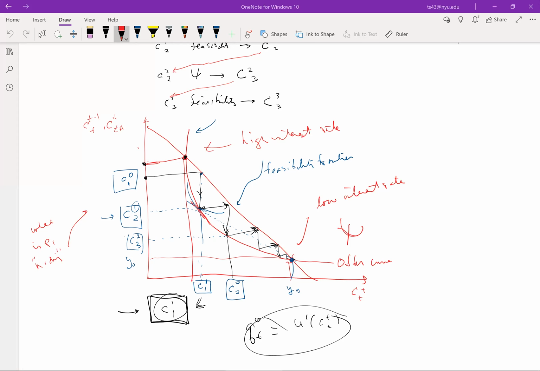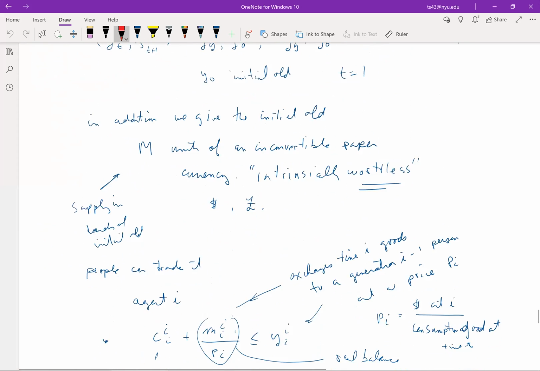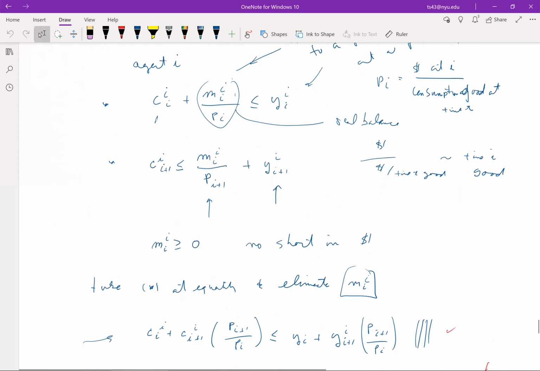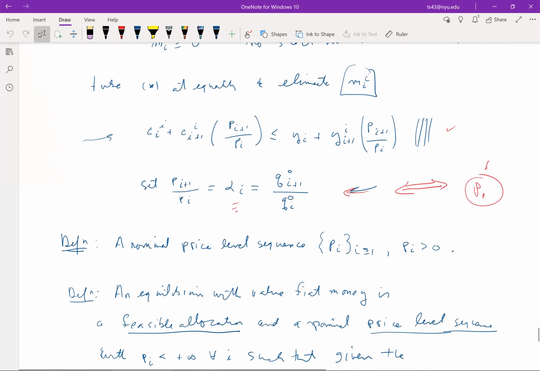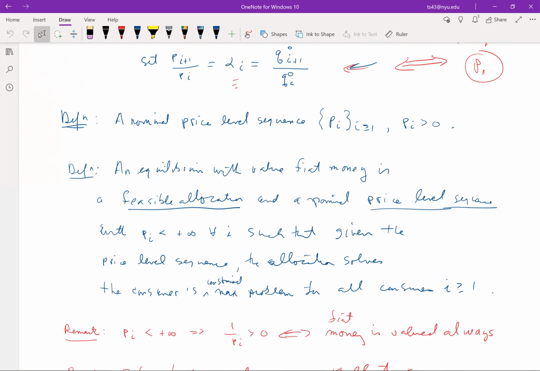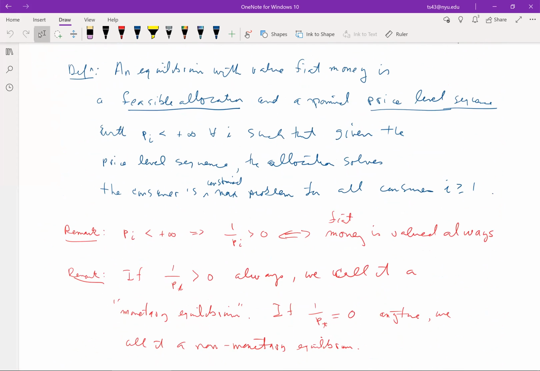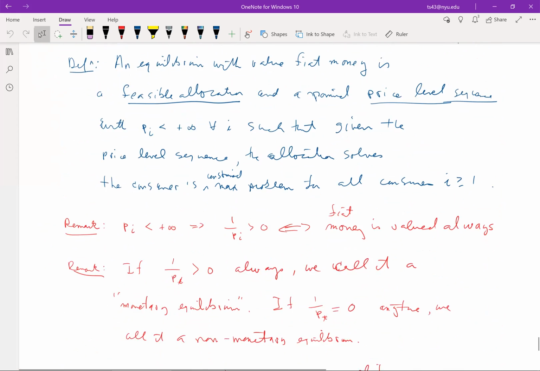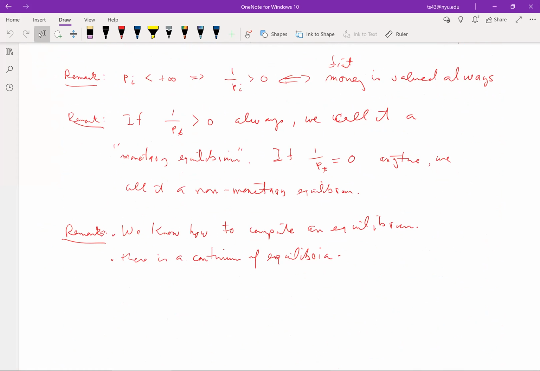Okay, so let's figure out how to compute the initial price level, or restrict it or not. Divorce ourselves from the Gale diagram, and of course we can't completely, but we'll push it into the background and attack this the way Samuelson did. So here's what we're going to do: we're going to solve the household problem, the consumer problem,